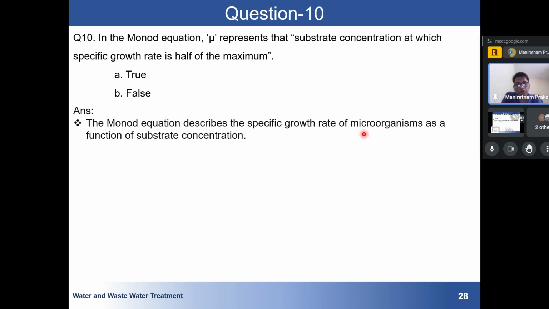How the population of microorganisms is increasing all depends upon this substrate concentration. So there is a term used, food to mass ratio, that is how much food is present. Food is the organic component, and mass means how much organism. So what will happen with time,